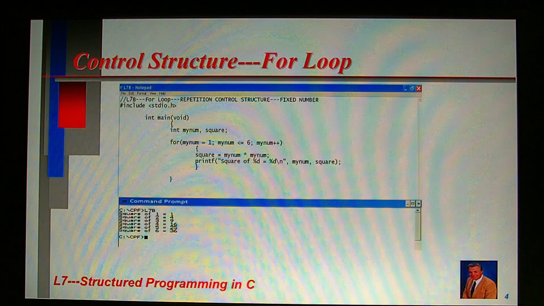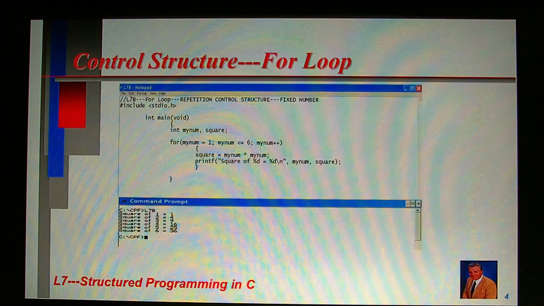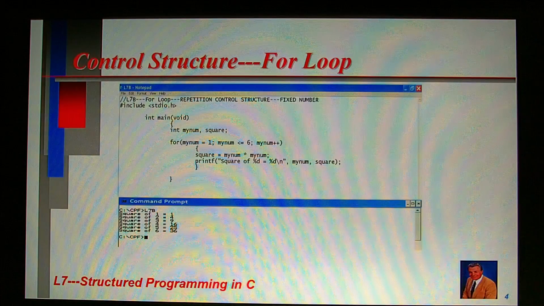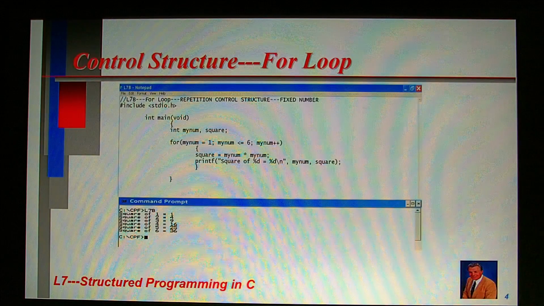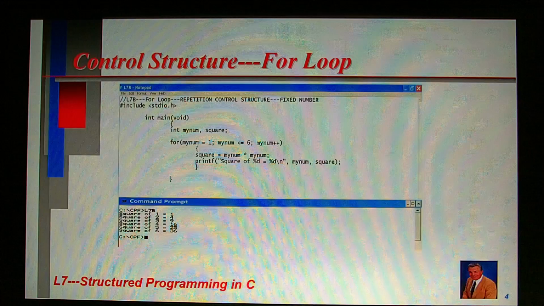Okay, let's take a look at the structure of the for loop control structure, namely: for (mynum = 1; mynum <= 6; mynum++) { square = mynum * mynum; printf("square of %d = %d\n", mynum, square); }